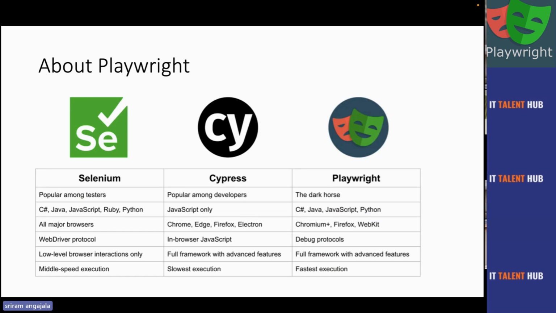So the takeaway that you need to think about is, yes, Selenium is very famous. A lot of companies are still using it, and Playwright is very new. It's a dark horse, but it is emerging. Cypress is very good, as I said. Cypress is a developer friendly tool. But the problem that I already mentioned is that many companies are still confused. Who will do automation? Developers can do fast automation, so give it to them. But who is the actual end user?